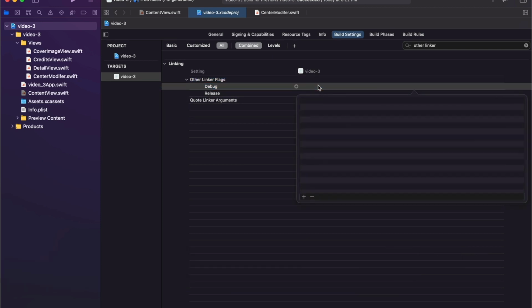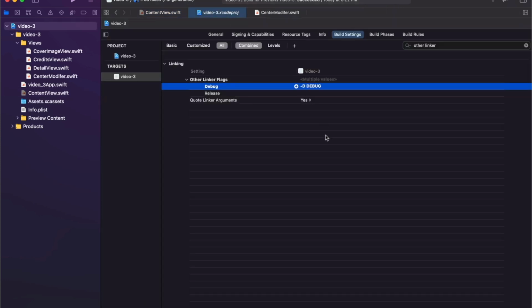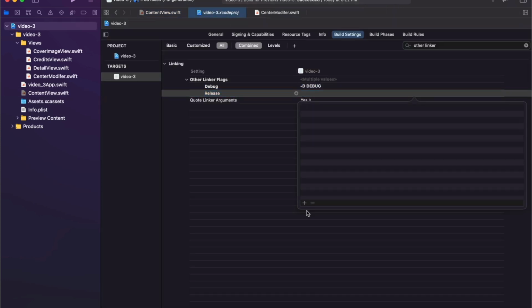For debug, you can type define, and capital D is for define, and DEBUG. If you encapsulate any code with #if DEBUG, it is only available in that configuration, #if DEBUG and #endif. And this is certainly something that we cannot check, but to just double check that this sort of thing works, what we can do is, in the release configuration,